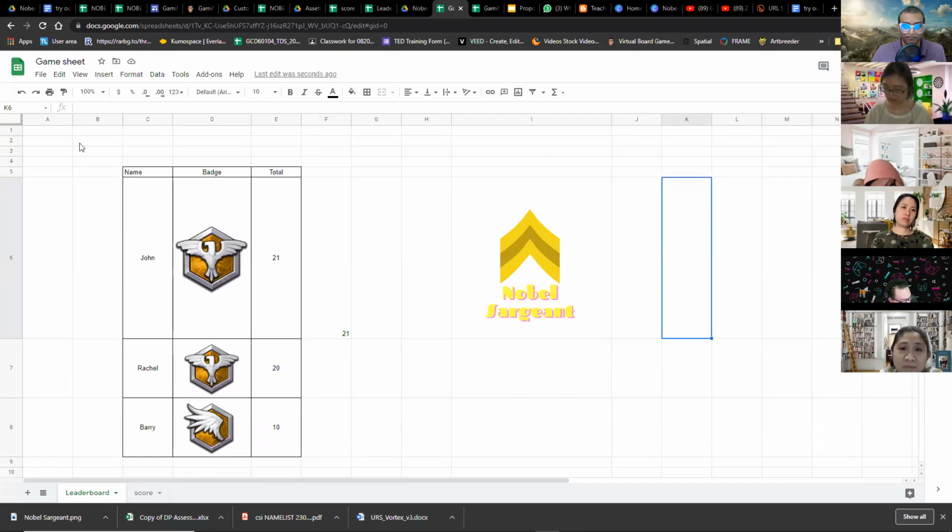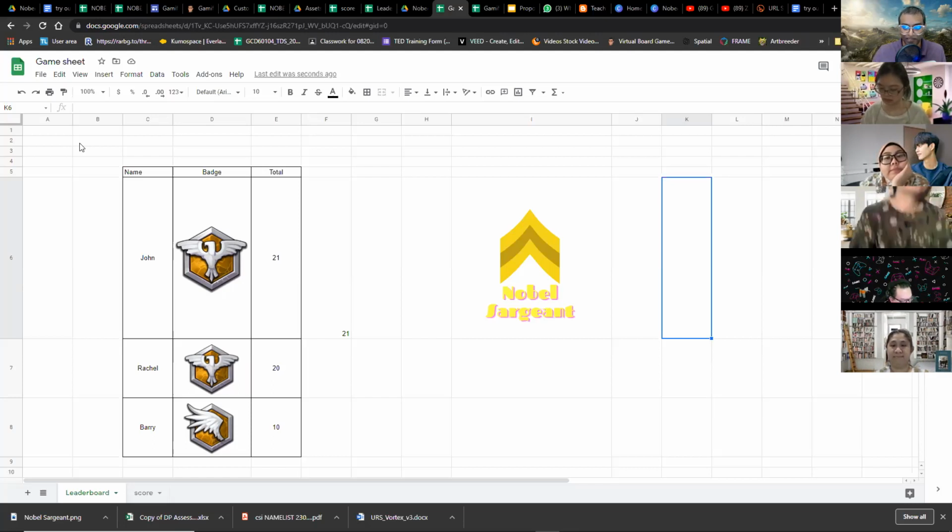go to desktop, Noble Sergeant, and zoom out. Then go to file. Do you notice what I'm doing? I'm just going to select this. I'm not even using anything that requires you to purchase. They're all free to use. So then press crop. So you can use Paint to crop it and resave it again as a PNG and